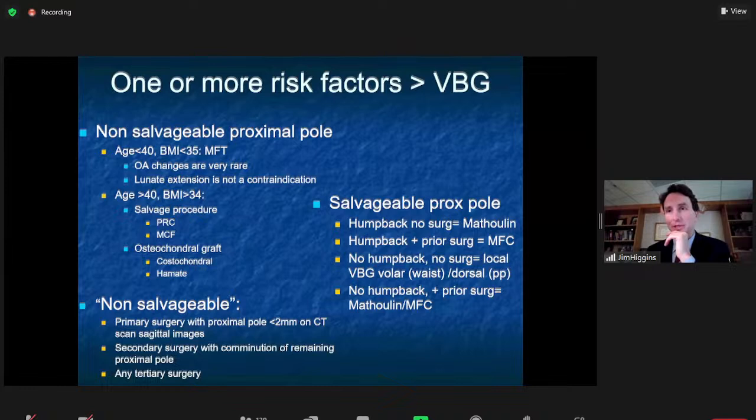It's a little bit complicated, that algorithm, but that's as granular as I can get my opinions. And you'll notice the places that are circled here, that's when you get into free flap reconstruction. And the free flap reconstruction almost always sets in when I have revision surgery. So that's me trying to get as clear as I can about MFC and MFT,